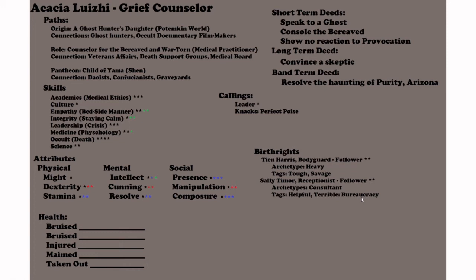So even though Acacia's no slouch on a lot of the mental stuff, Sally is better, and she still has leadership 3. So if she uses Sally to get involved with politics or finance or anything like that, getting Sally to deal with it is probably better. Sally's probably better at it than Acacia is. Sally is a force to behold in an office. Anyway,